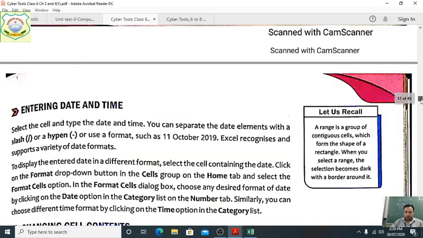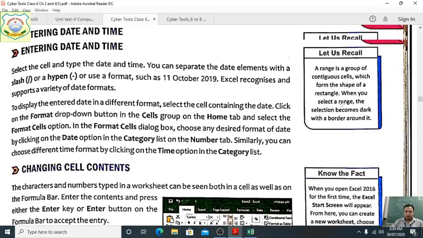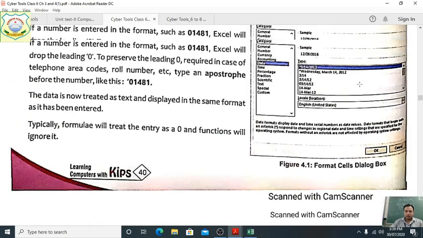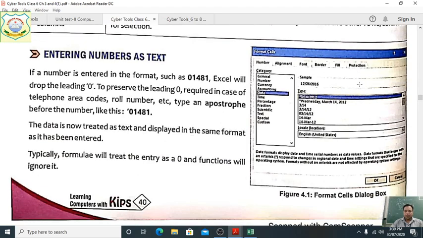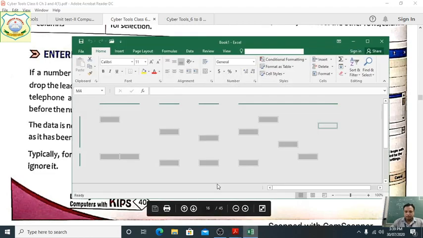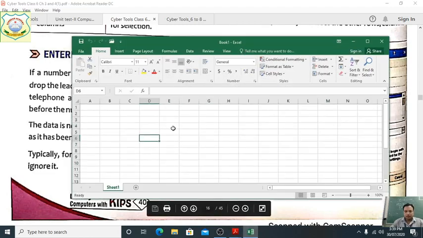The next one given, students, is entering a number as text. We have already explained this to you. If you want to enter a number as text, suppose here we have given 1, 2, 3.